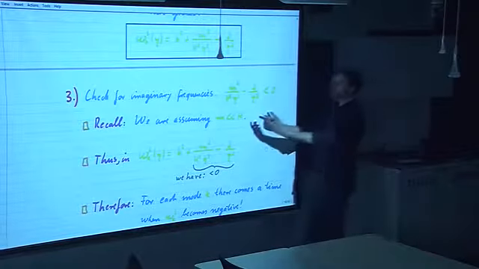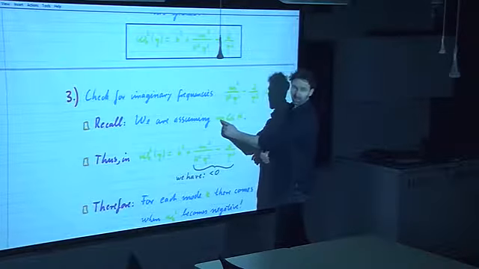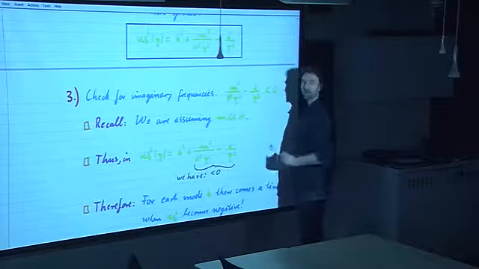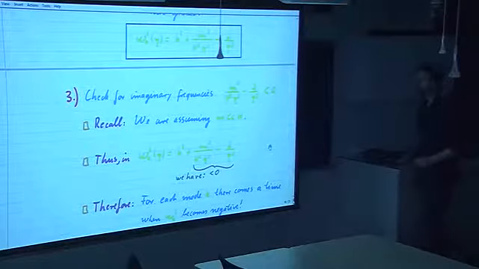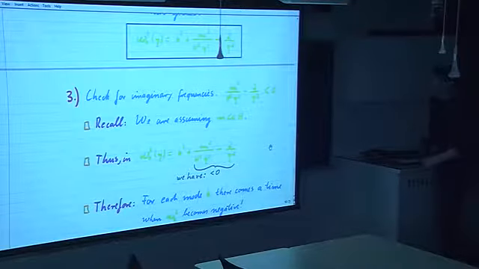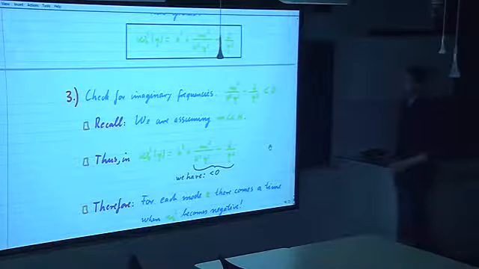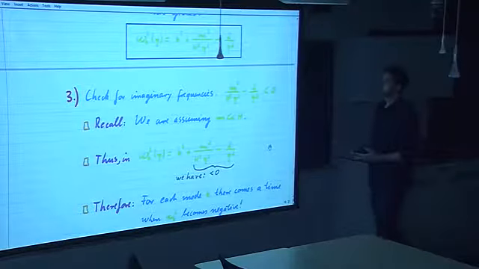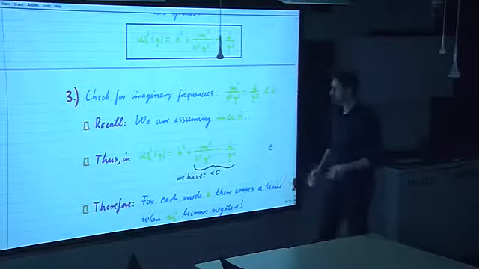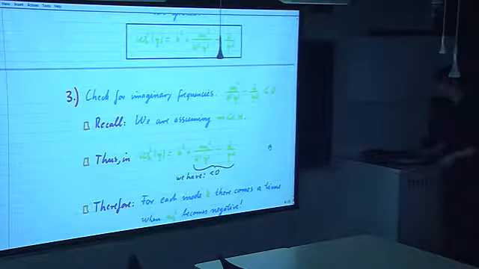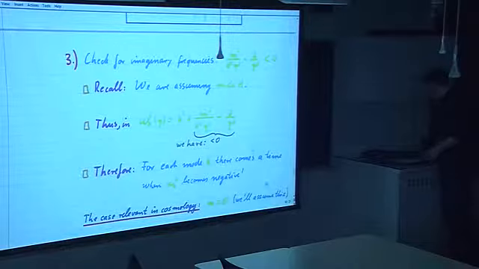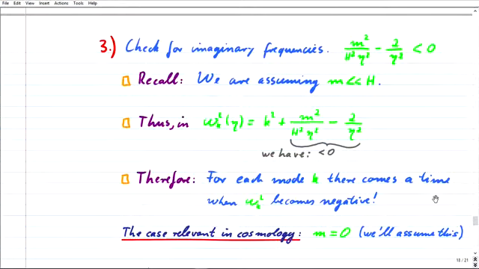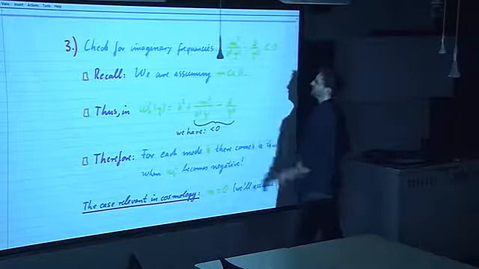Or, if you invert that, we want the Compton wavelength of the particles to be large compared to the Hubble horizon. And as it will turn out, in inflationary cosmology, this will be very well fulfilled. So, under this assumption that the Compton wavelength is larger than the Hubble horizon,